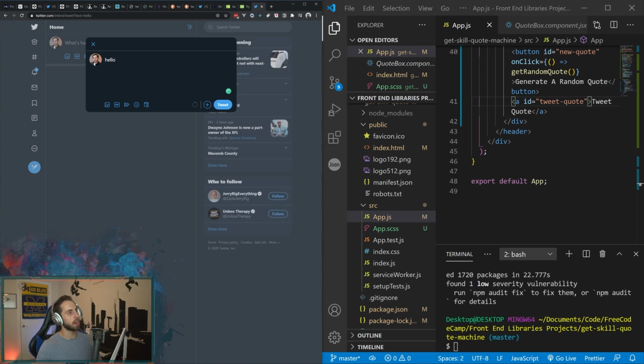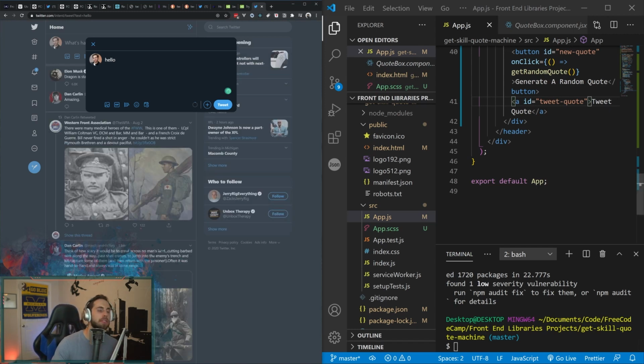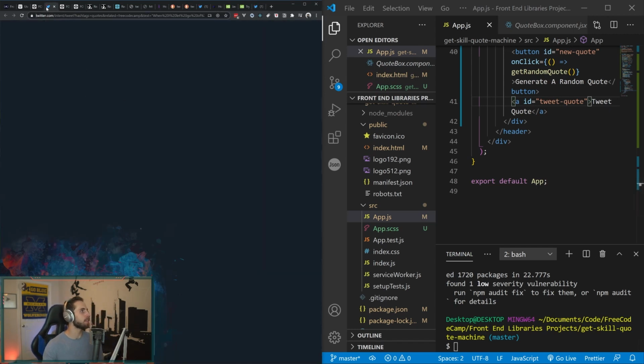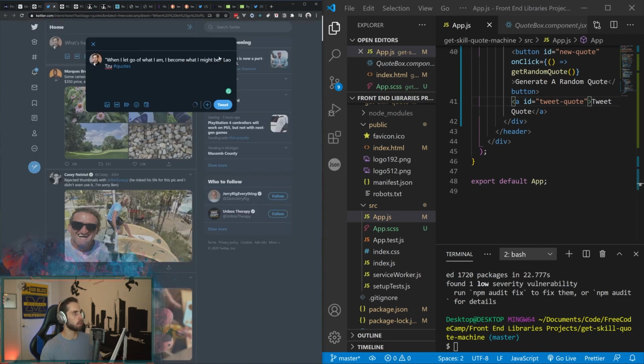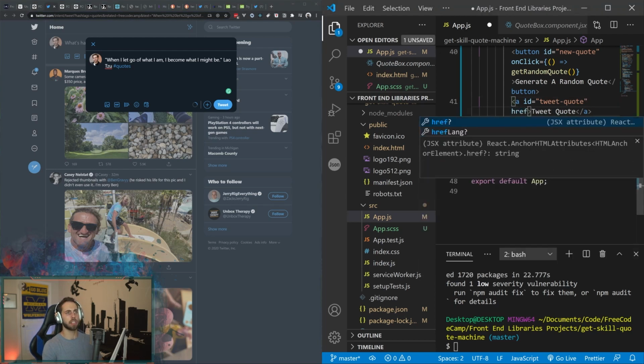Notice that it says hello in the box now. We can get our app to dynamically render the tweet, and we can get the same functionality that they have, where if I press this button, it opens up a tweet with that already pre-filled out. So the href is going to equal